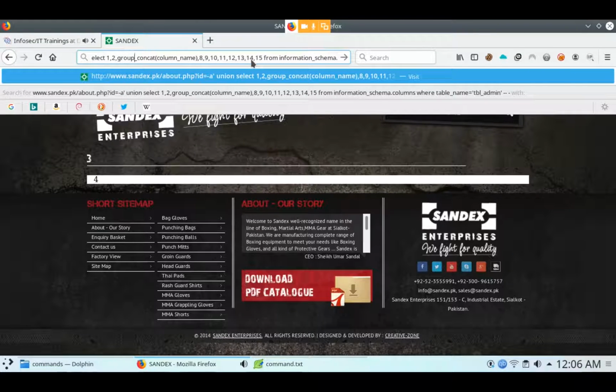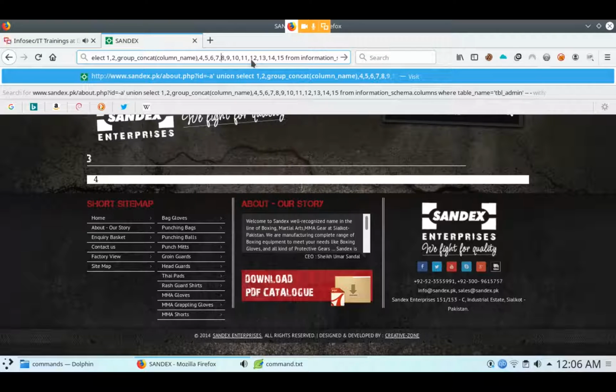Okay, 1 2, in the place of 3 I am using group_concat column_name. After that you have to use 3 4 5 6 7. Comma. Sir, we are finding the column. Yes, I am finding the column through the table_admin.